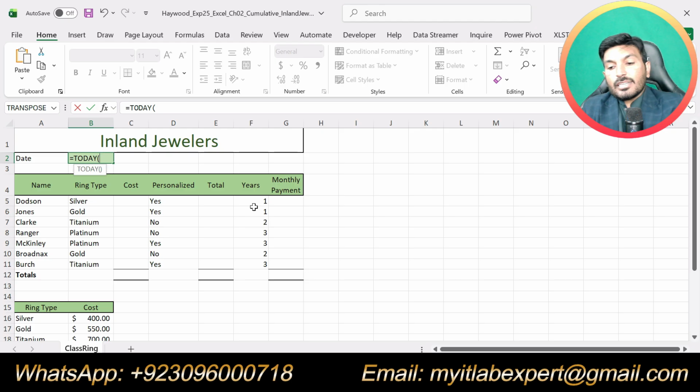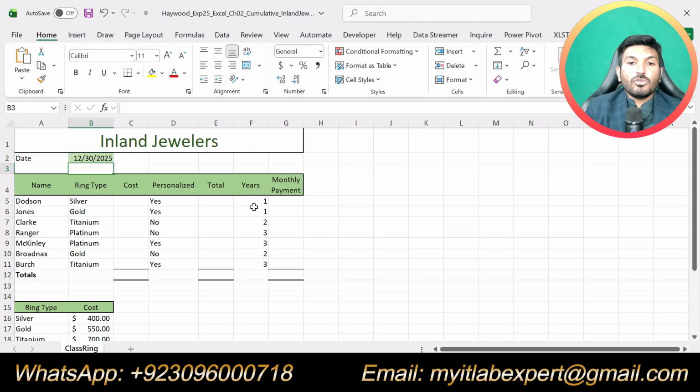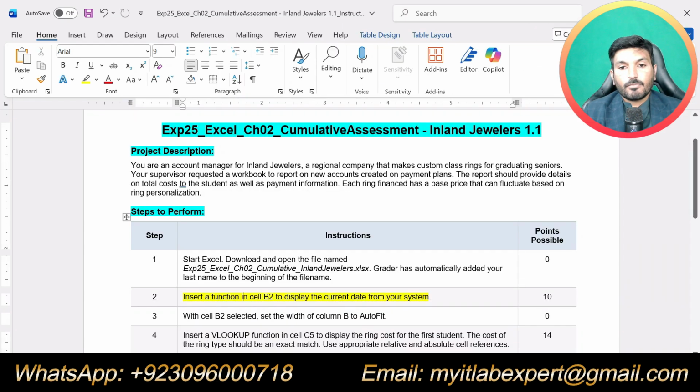Double click on that and just press enter. Now we got the current date in cell B2 by using the TODAY function.